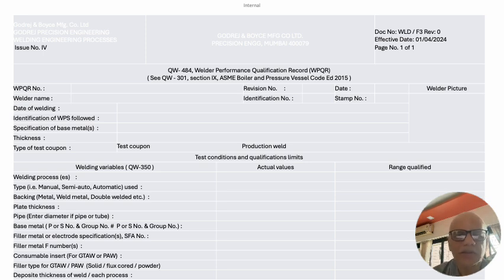Hi friends, we are going to discuss in this slide the Welder's Performance Qualification Record, WPQ or WPQR. This is based on our earlier discussions on WPS and PQR. This is the third step, where after having specified what we intend to do, after having proved that what we intend to do meets the required physical properties for the weld,